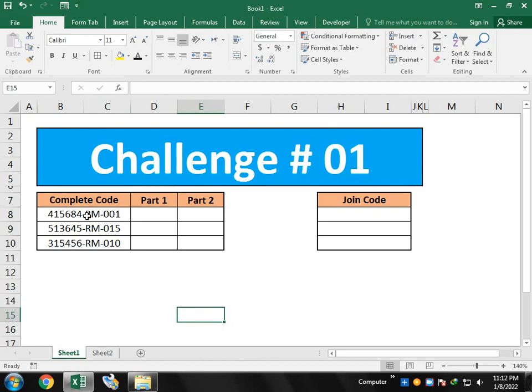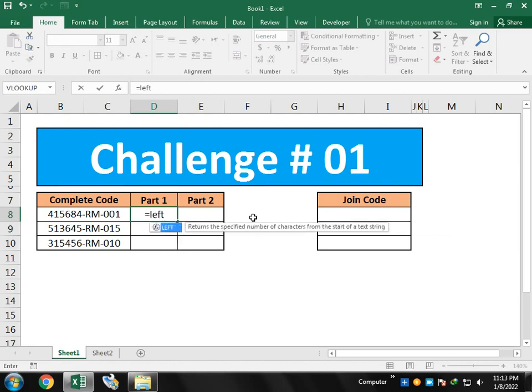So we'll start with our first complete code, and here you can see the code. What we have to do is break it into the serial and then second, break it into the RM code. For the serial code, we have to use the left function. Equals to left, bracket open, and in the bracket it gives us two instructions. It says give me the text. So we give it the text, then comma,